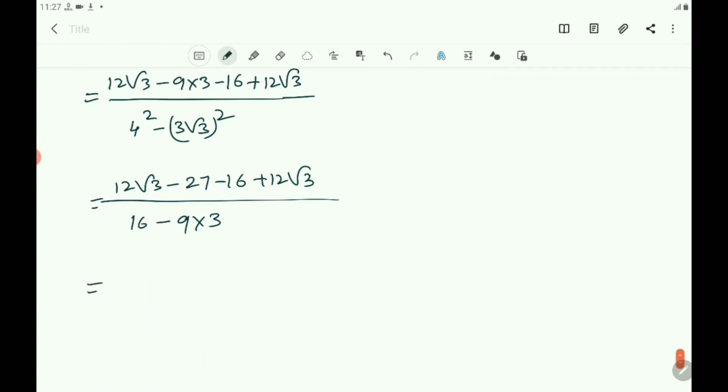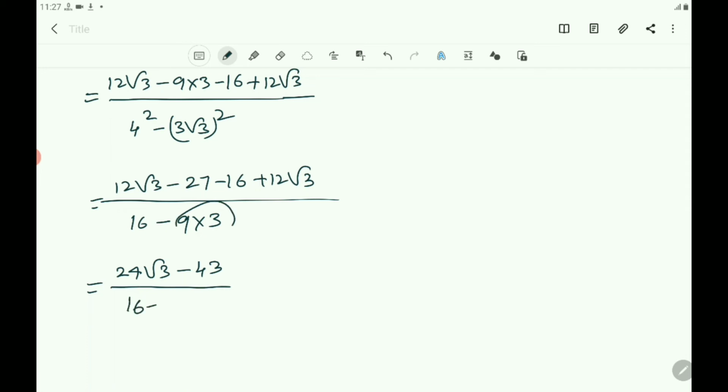Then you add 12 root 3 and 12 root 3, that is 24 root 3. So you add minus 27 and minus 16, and put the same sign, that is minus 43. It is divided by